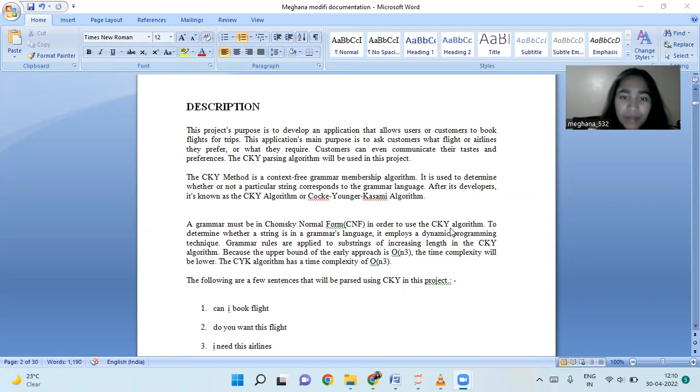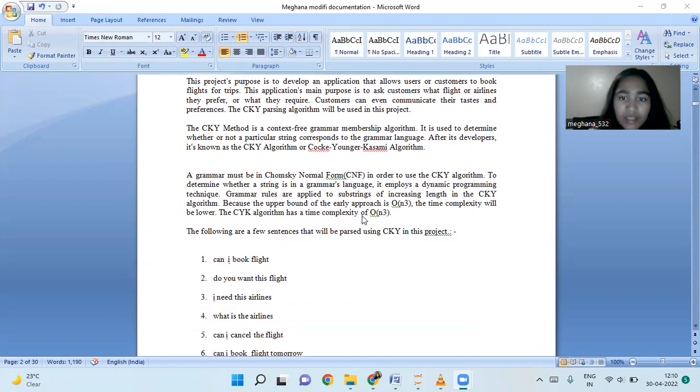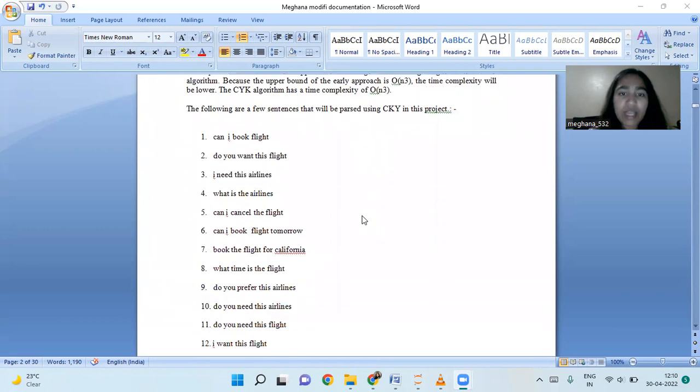When we consider a normal context-free grammar, it must be free from unit productions and null productions. That is, there should be no productions which point from a non-terminal to the null symbol or from a non-terminal to another non-terminal symbol. If a grammar is free from unit productions and null productions, then it is called a Chomsky normal form grammar, and this grammar is used for the CKY algorithm. In this project, we have considered multiple valid sentences